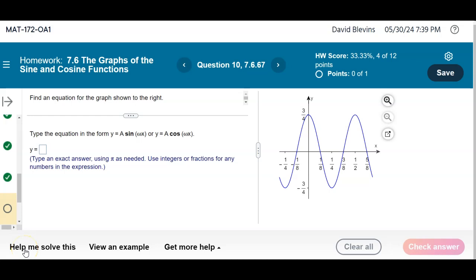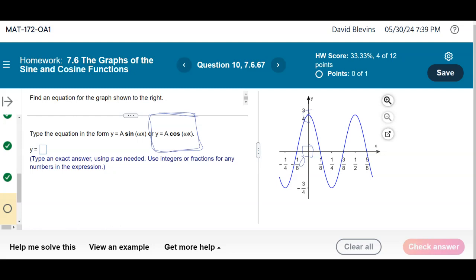All right, everybody, let's look at this problem that's asking us to come up with a sine or cosine model based on a graph. So when I'm looking at a graph and determining am I going to pick sine or cosine, I'm looking at what happens at 0. So here's 0 right here in the middle. And you can see that I'm not hitting the origin, I'm hitting up here at a peak, at a maximum. So that means I'm going to pick cosine as the foundation of my model because cosine starts